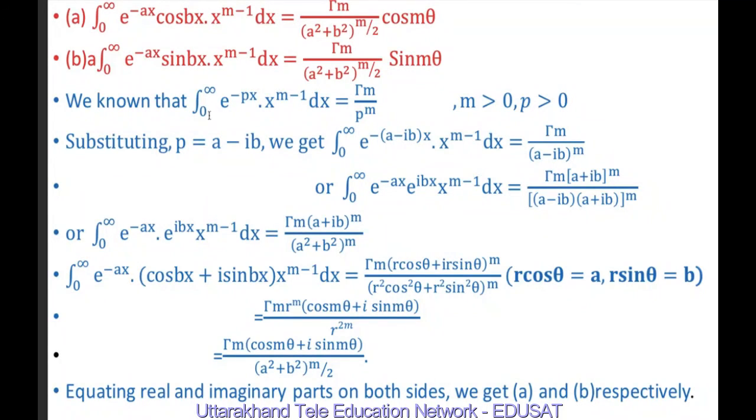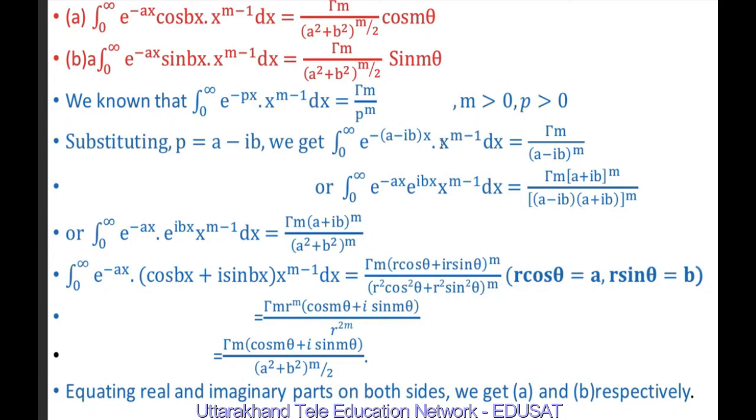We know that the integral from 0 to infinity of e raised to minus px times x raised to m minus 1 dx is equal to gamma m upon p raised to m. We had proved this formula. In place of c here we have p, and in place of m we have n. So the integral equals gamma m upon p raised to m. If we substitute p equal to a minus ib,